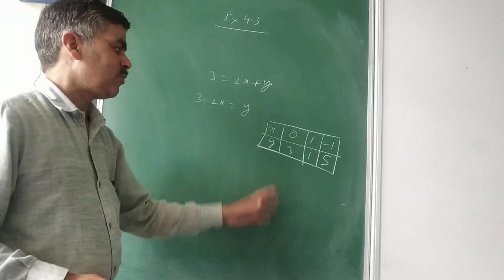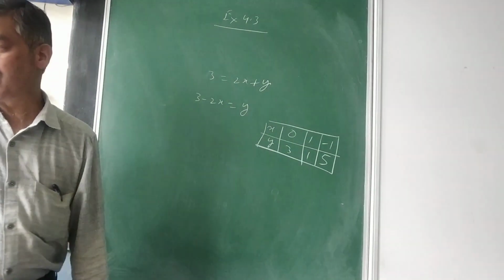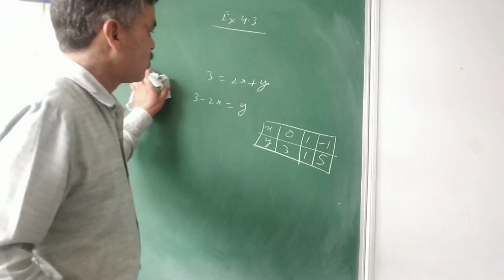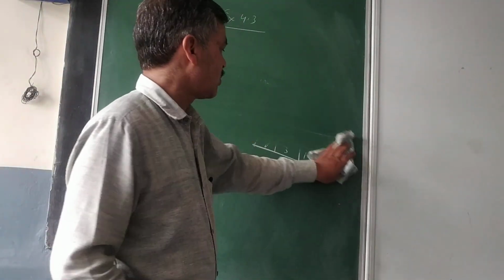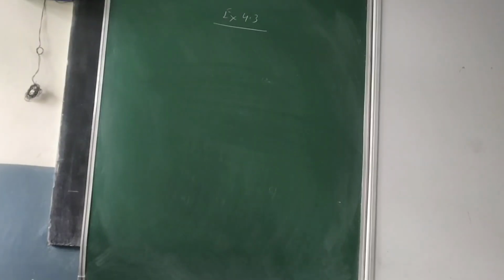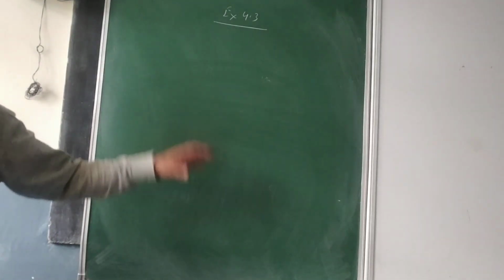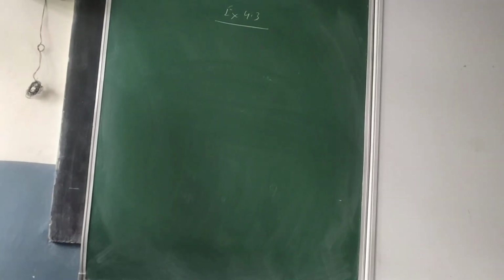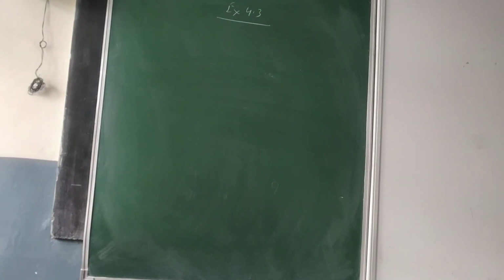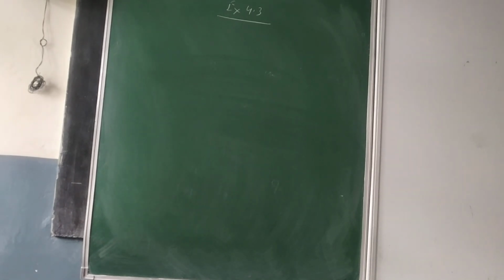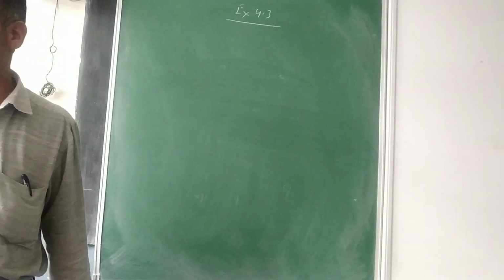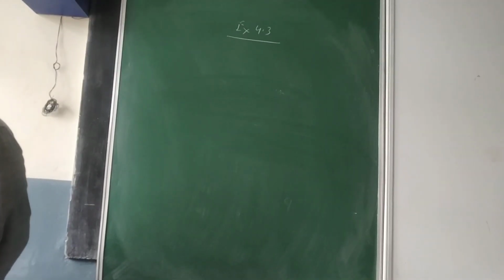And then the procedure of plotting these points is quite common, which we did in our previous exercise. So for the rest of the 3 parts also, please find the points, plot the points and check the graph. And always be sure that whatever points you select will always lie on the same line. That's why I am saying the graph of a linear equation, whether in one variable or 2 variables, is always a straight line.